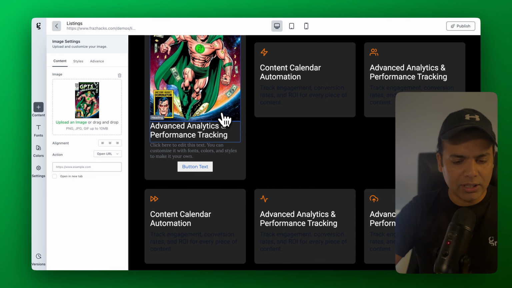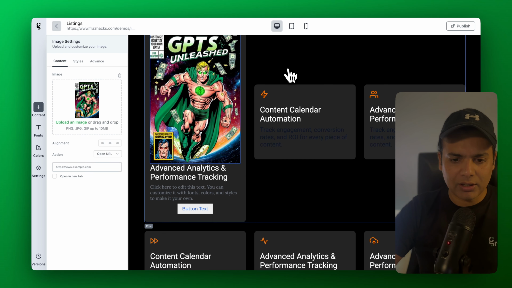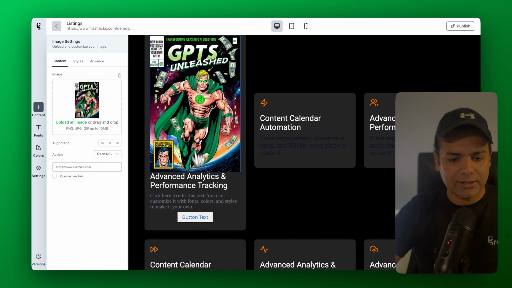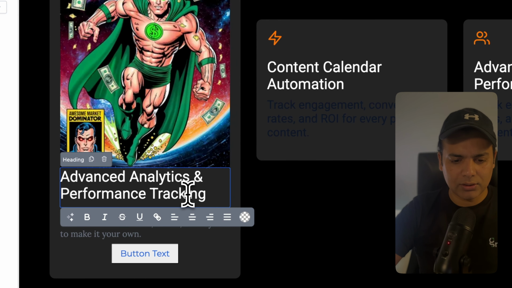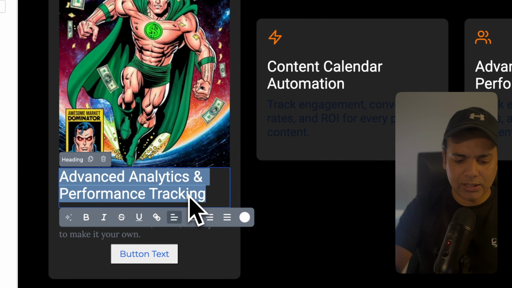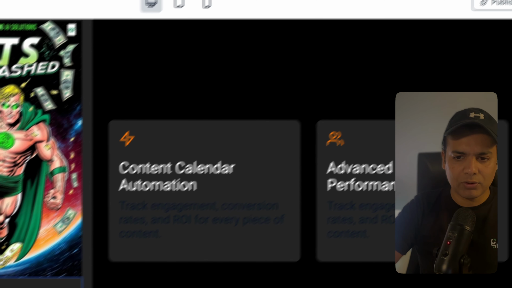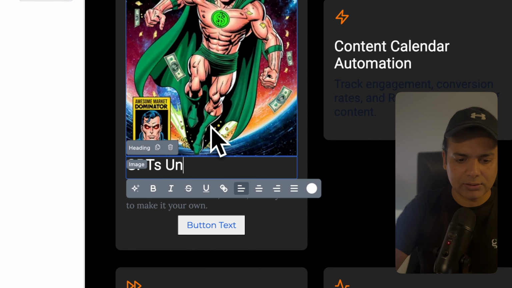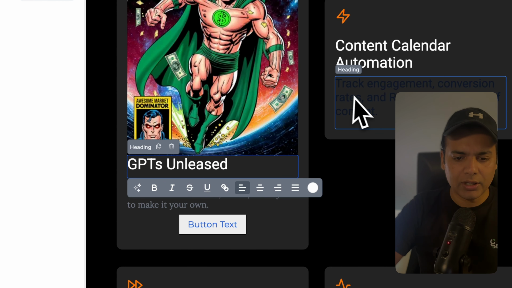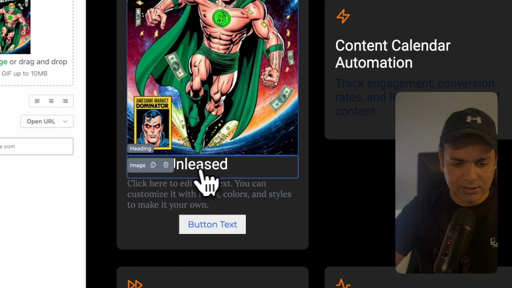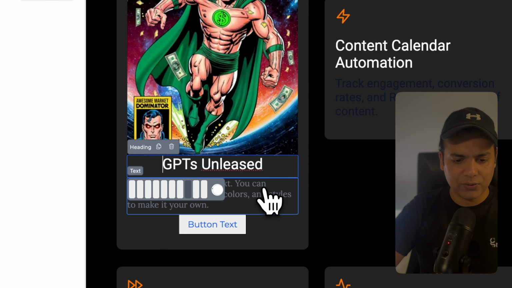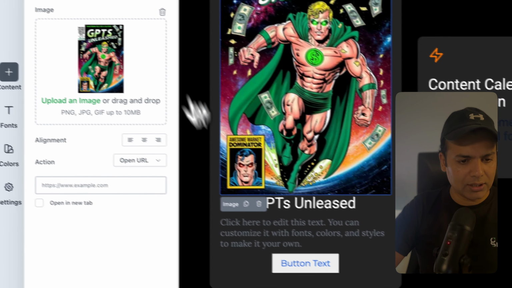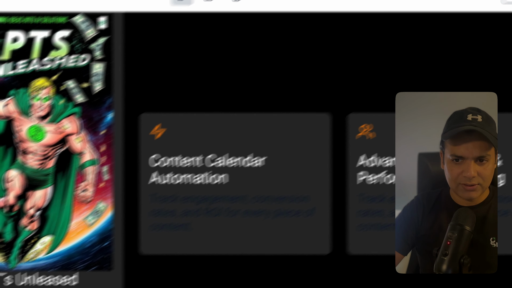Okay, you can already see that it's coming into shape, but let's continue. So what I can say, GPT is unleashed. Okay, but the thing is this heading is center aligned, so we can do this. And for this text, let's